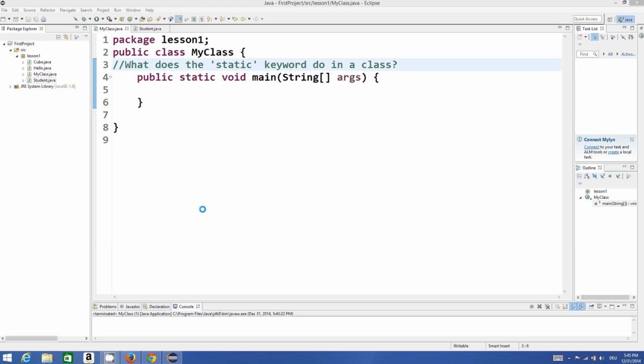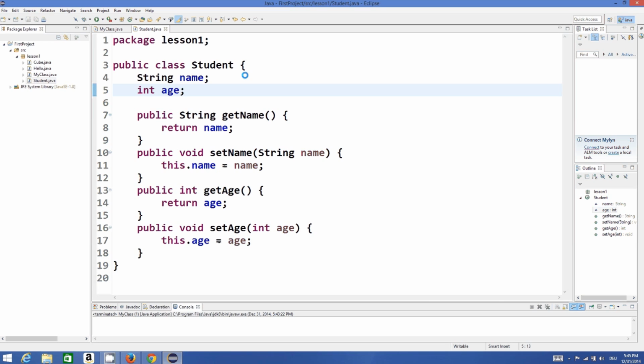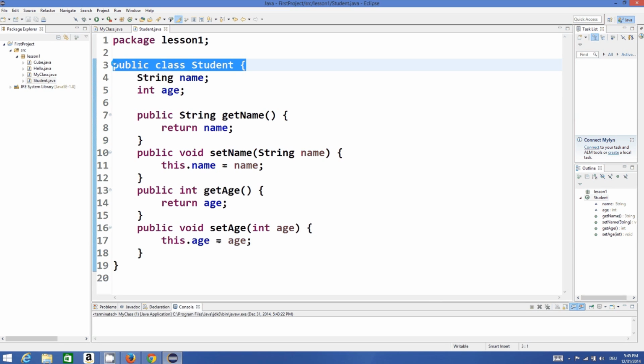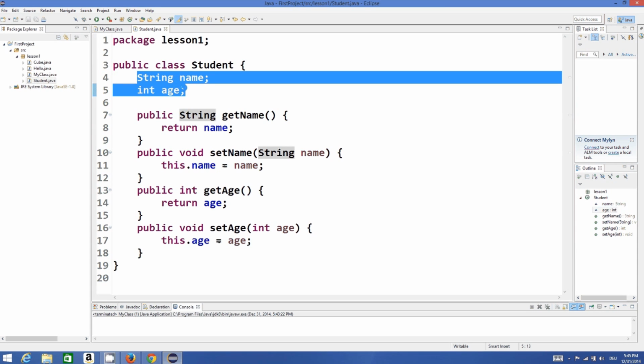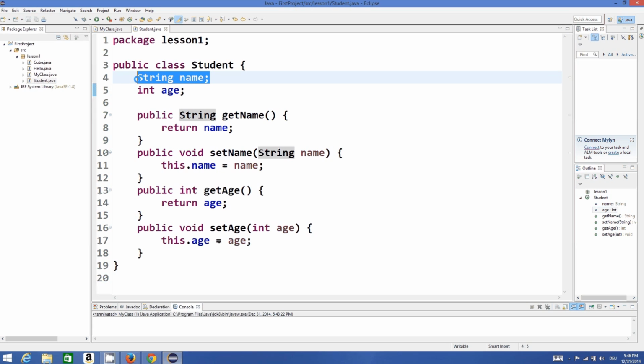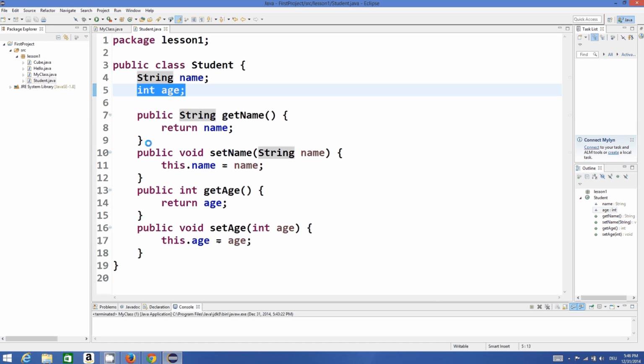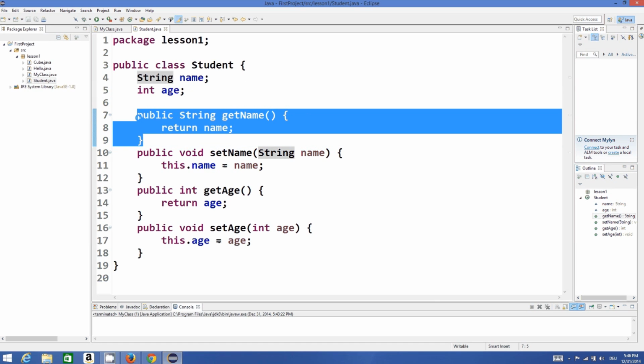In the last video we have seen what the static keyword does in a Java class. Now in this video I'm going to give one more example so the meaning of static will be more clear to you. So for example, I have a class called Student, and in this class I have two member variables. One is the name of the student, which is a string, and one is the age of the student, which is an integer. And I have made the getter and setter functions of this